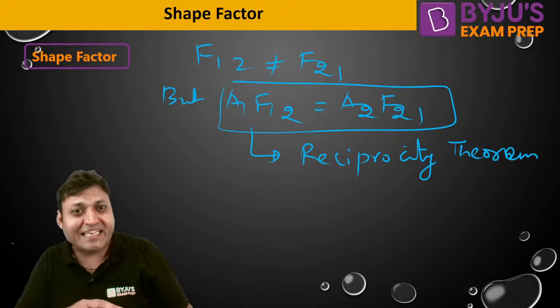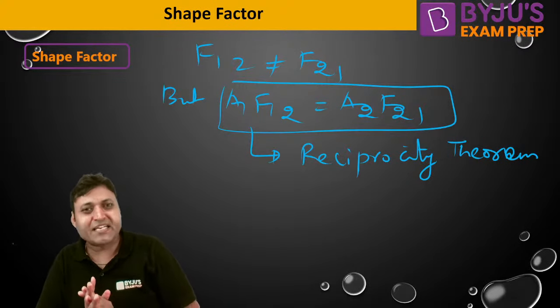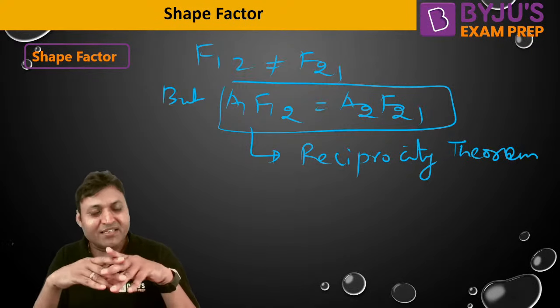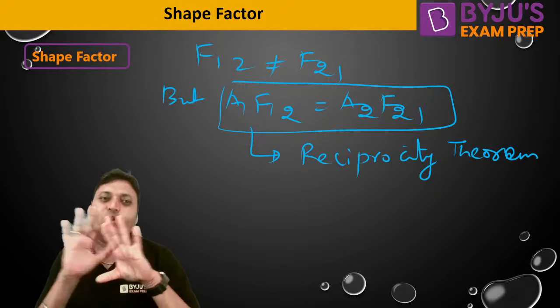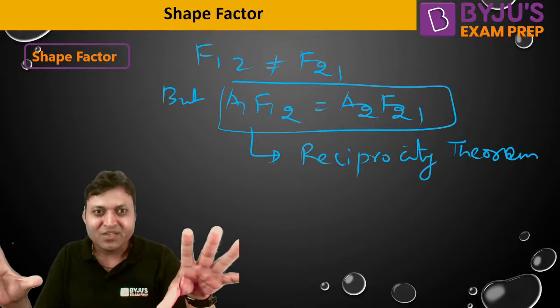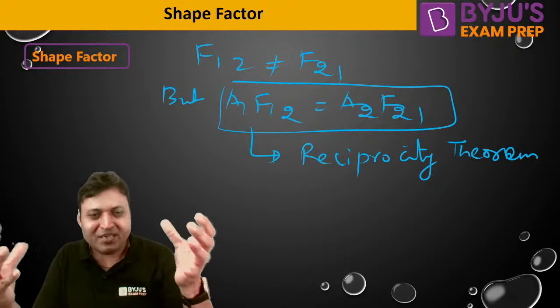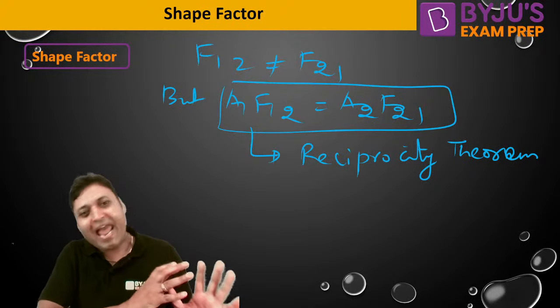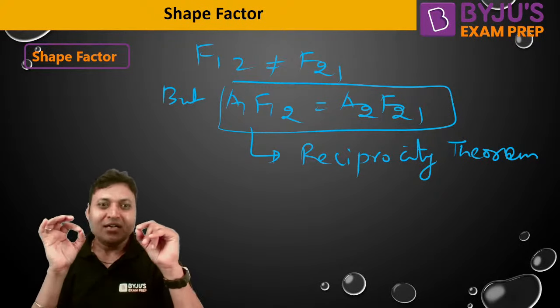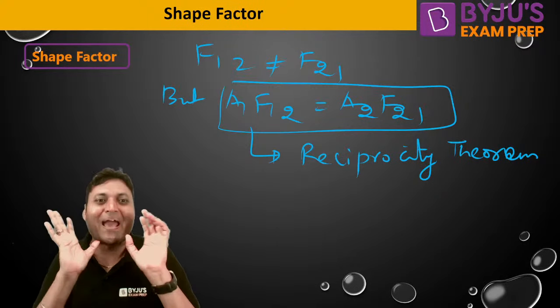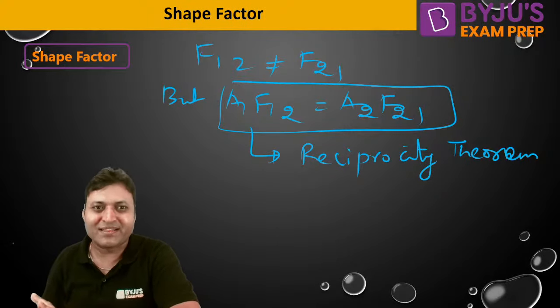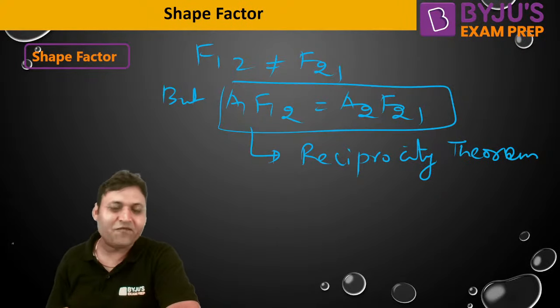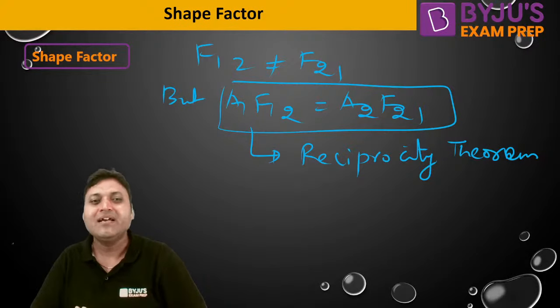When the shape factor is 0 between the two surfaces, what does that mean? It means the receiver is not receiving anything. The government is so corrupt that whatever help is given by the government, not even a single penny is received by the receiver. That gives the value of shape factor between the government and the receiver as 0.